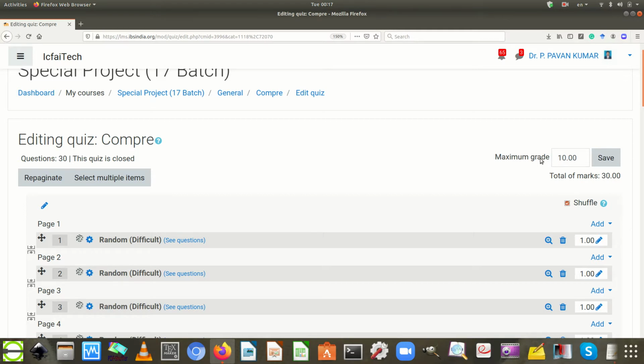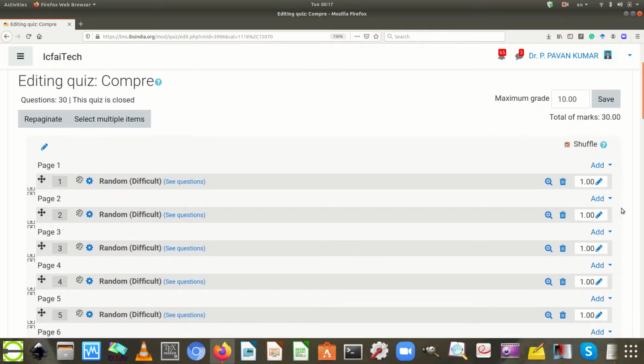Maximum grade represents the grade which a student is able to acquire, and total of marks indicates the individual question weightage. So the maximum grade is 10 and the total of marks is 30, which is not matching. So better update the maximum grade from 10 to 30.